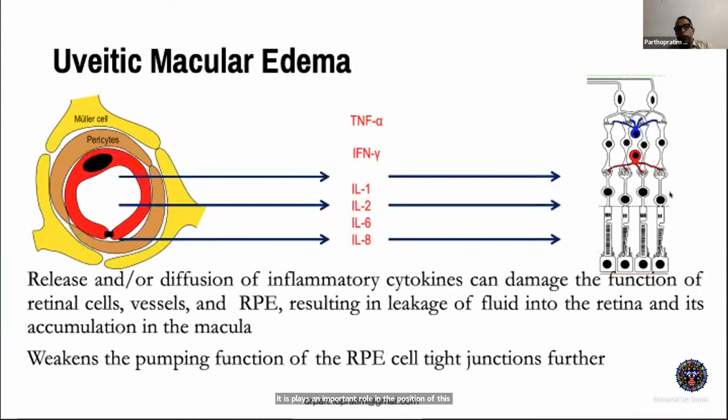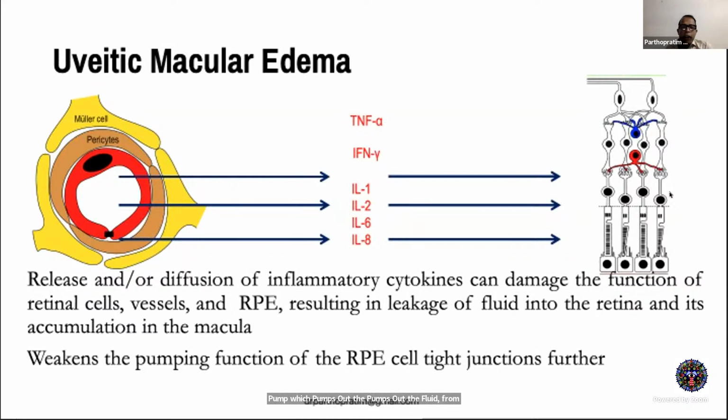So what happens here? Release or diffusion of the inflammatory cytokines from the inflammatory site can damage the function of the retinal cells, vessels, and retinal pigment epithelial cells, which results in the leakage of fluid into the retina and accumulation in the macula. On top of that, this inflammation leads to the weakening of the RPE pump, the retinal pigment epithelium pump, which pumps out the